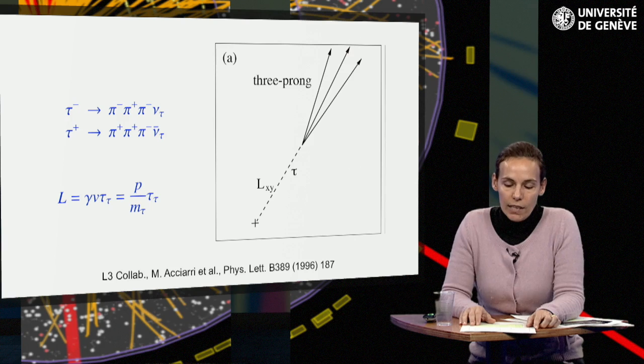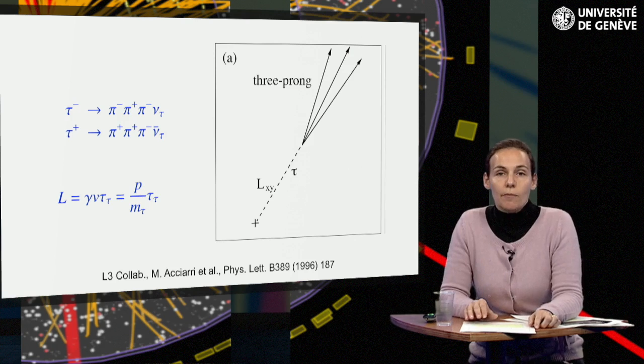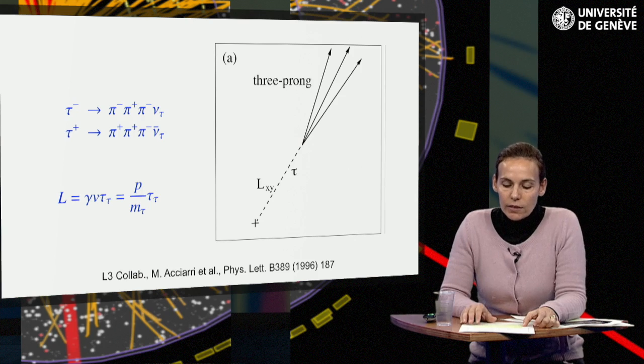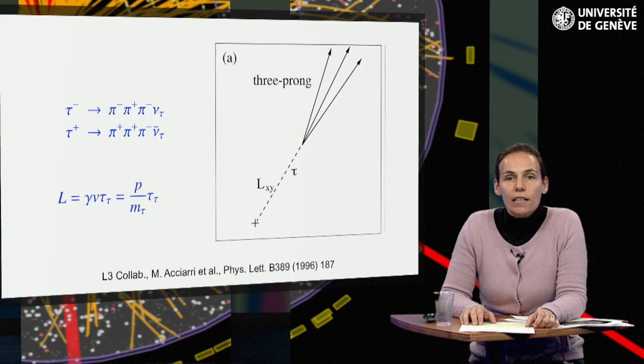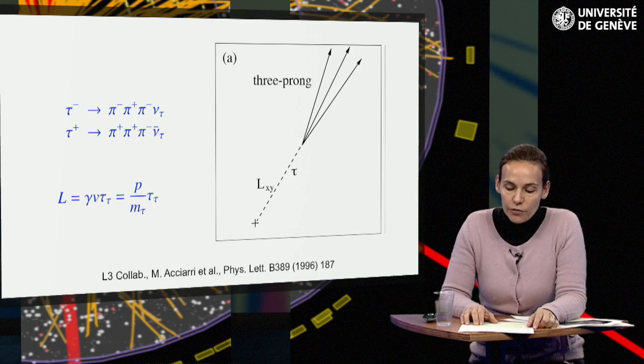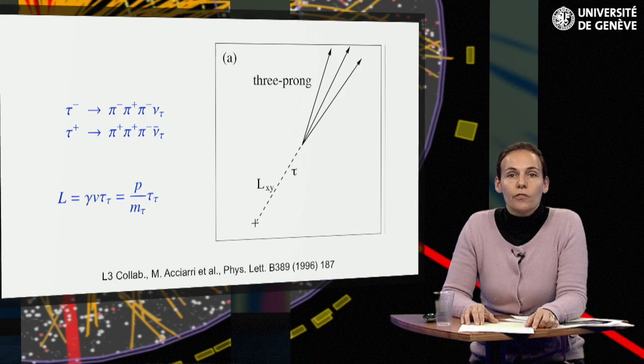Their mean path length L is therefore longer by a factor p over the mass of the tau. With a lifetime of several hundred femtoseconds, the path length itself is hardly directly observable even at high energies. At a tau energy of 50 GeV, for example, the average decay distance is about 2.5 millimeters and thus completely